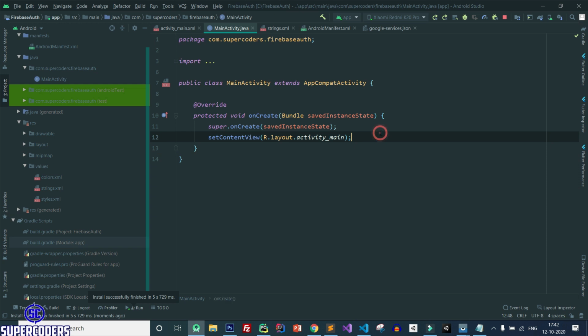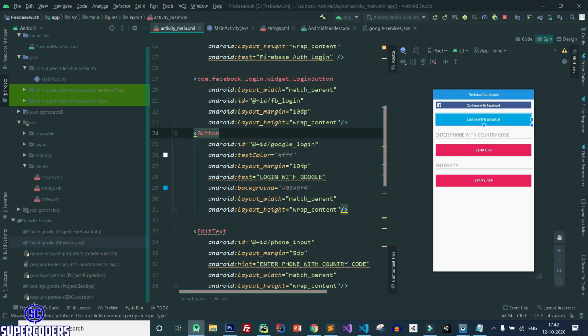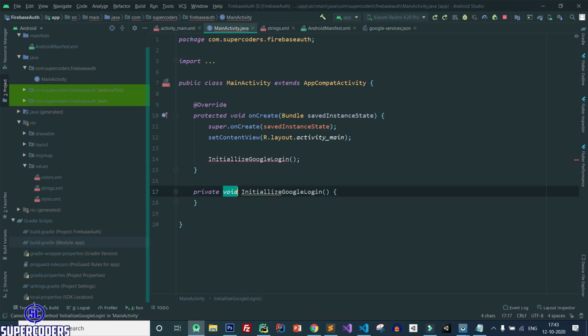So let's see. First come to the XML file and let's see the ID, which is Google login. So create a button, initialize Google login, click Alt plus Enter and create method initializeGoogleLogin.